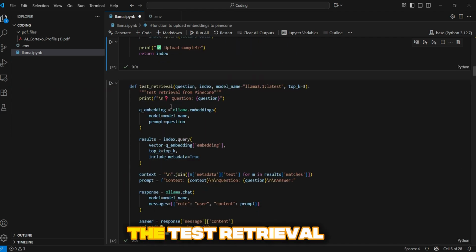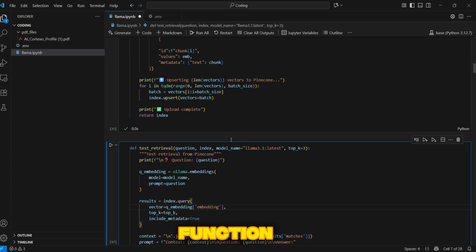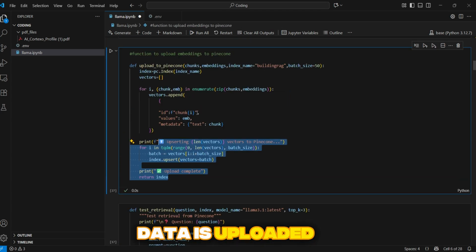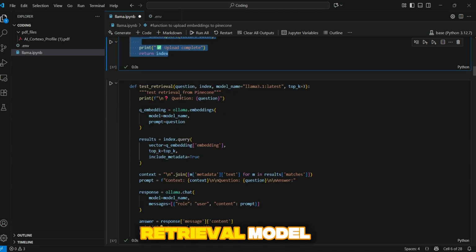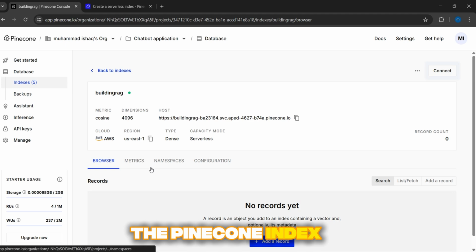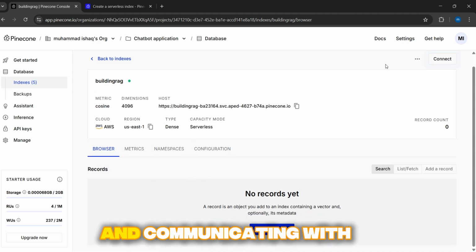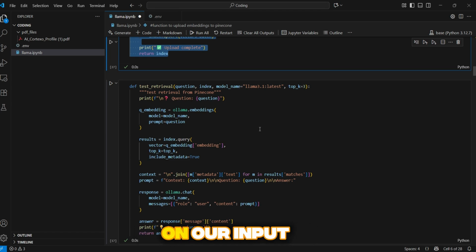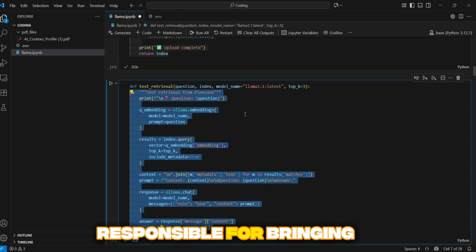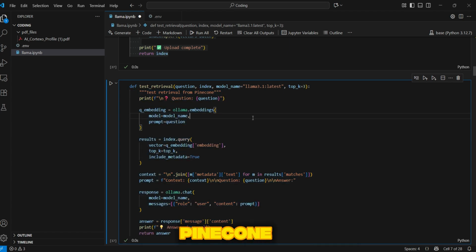Then we have the test retrieval function. Once our data is uploaded to pinecone, now we will be using our retrieval model, the RAG model, where we will be interacting and communicating with the pinecone index to bring some data based on our input query. So this function is responsible for bringing some data from pinecone. Before we understand this,